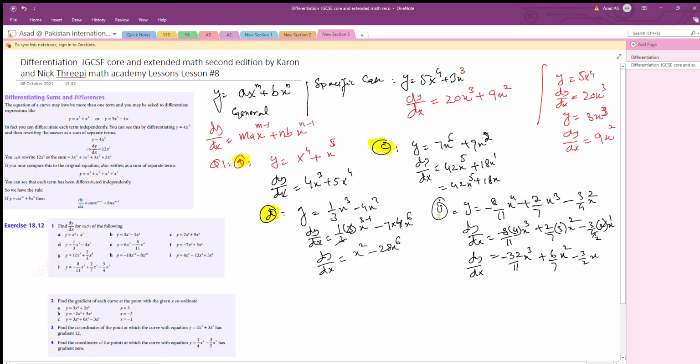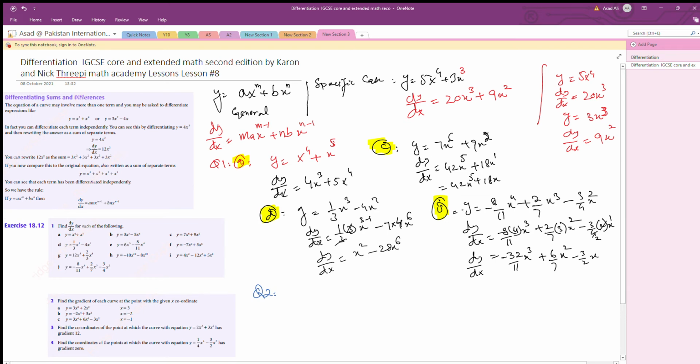Now I hope these solutions will help you understand the topic. Now let's go to question number 2. I'm using blue color for question 2. Question 2 says,